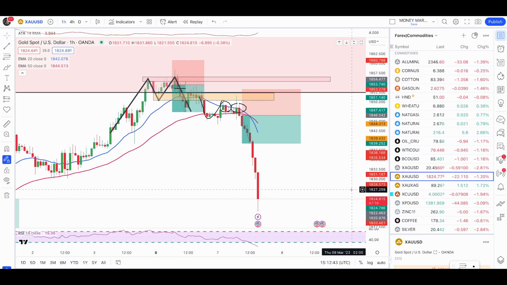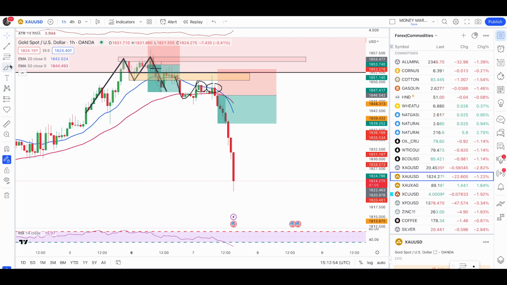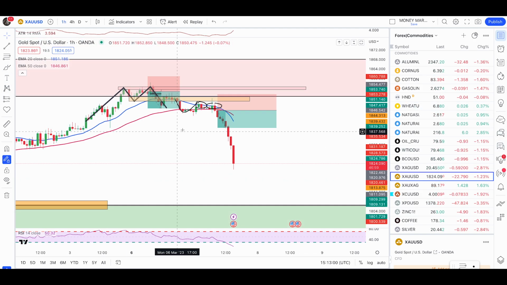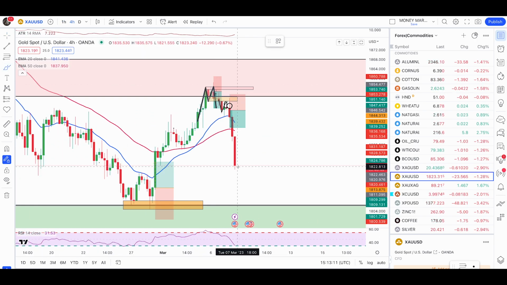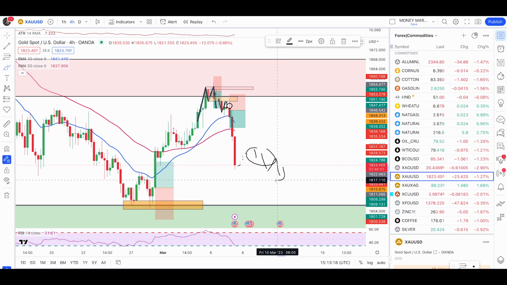So now price is falling down. We had a waterfall of the price due to the Fed speech, and after that price is now pulling down. At this point, price has turned bearish and with good momentum. So I'm only looking for my bearish trades at this point with some pullback. So with the pullback, I want to see a bearish engulfer and keep on taking my sell trades until the